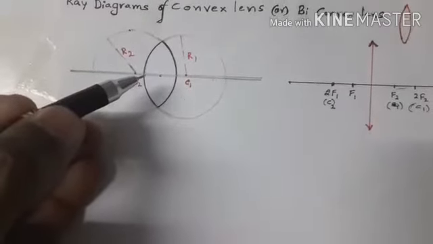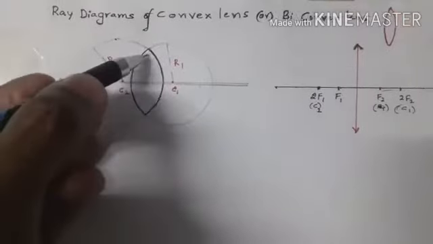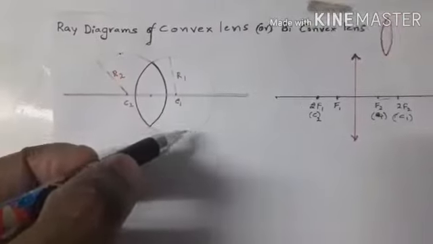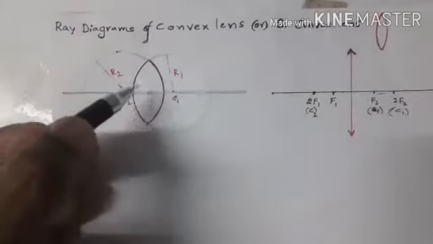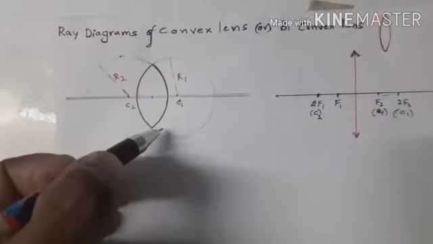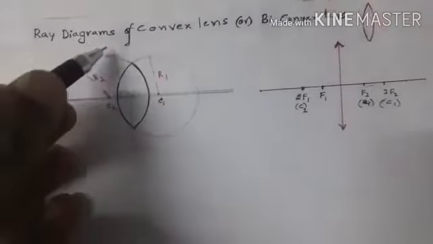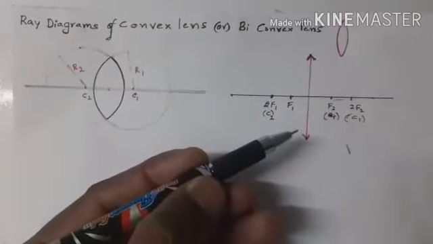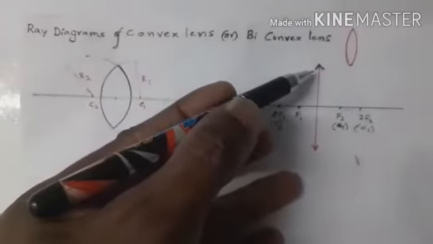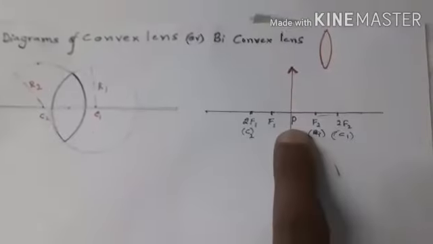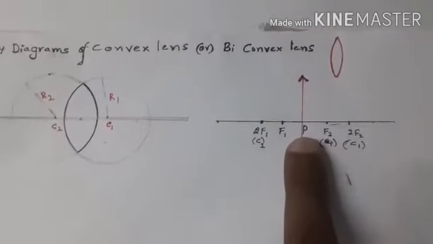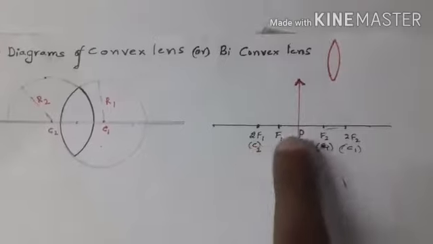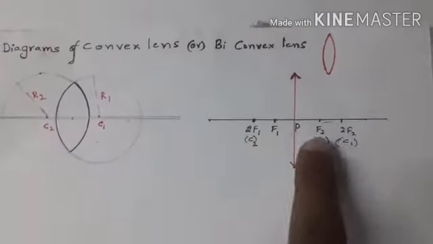In this convex lens, this curved surface comes from this sphere. So this is the center of this sphere, and this curved surface comes from this sphere. This is the center of this sphere. But for the sake of convenience, we use this symbol for the convex lens. This is P, the optic center or pole. So here you can get C2.